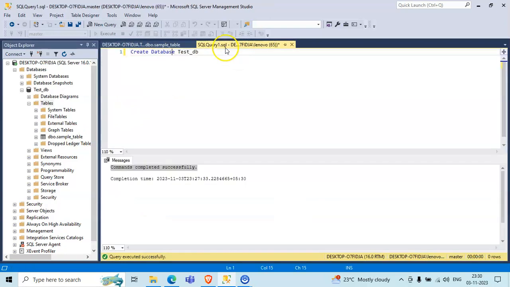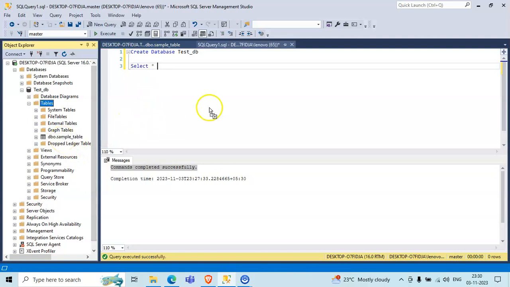Now we will do what? We will try to check what data is present inside the table. So we will write the query to view any data from any table. It says select asterisk, that means select all the data, that means view all the data that is present inside what? This table,